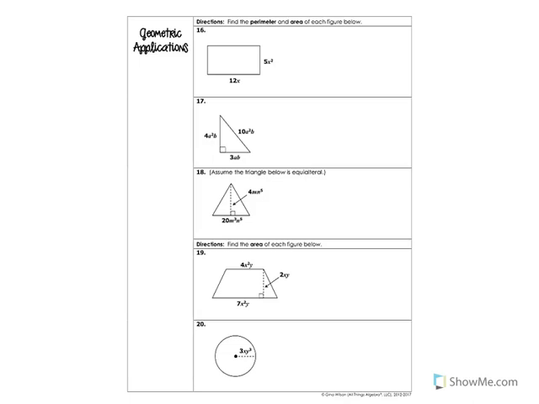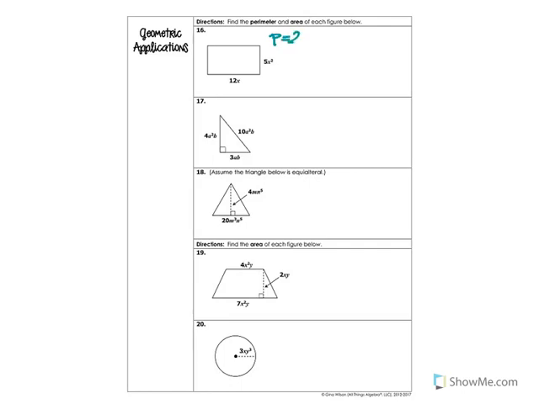So the directions, which are cut off so you can't see them right now, but on your sheet it says, find the perimeter and the area for each figure. So for number 16, we have a rectangle. So our perimeter for the rectangle,